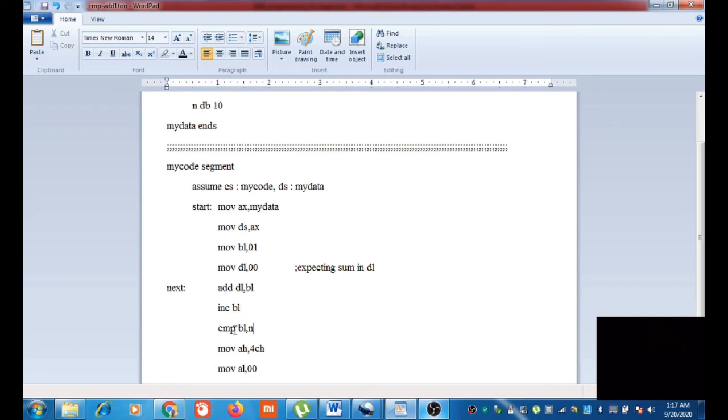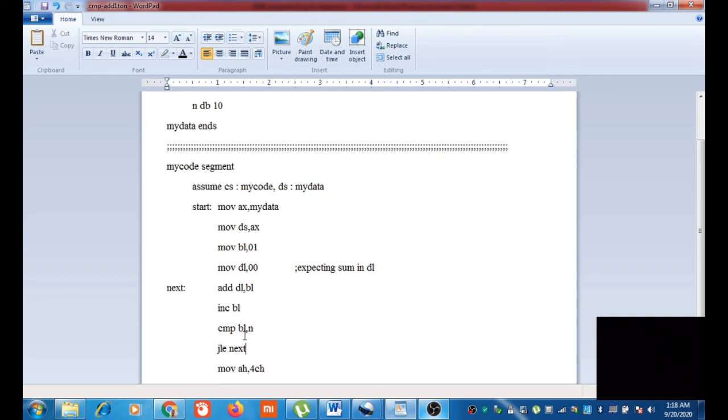We need 1 plus 2 plus 3 up to n. So if BL is less than or equal to n, we will add that value. We have a jumping instruction based on this condition: jump on less than or equal, JLE next, that is BL less than or equal to n.